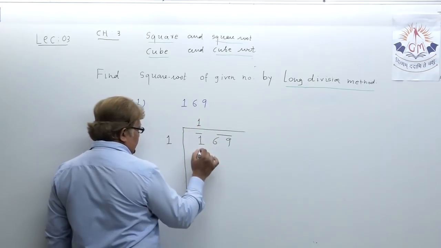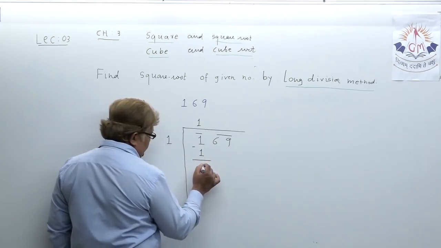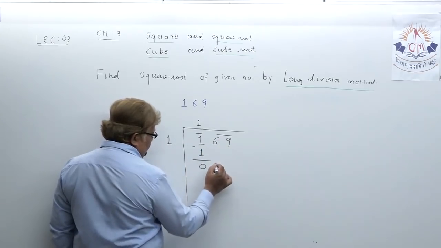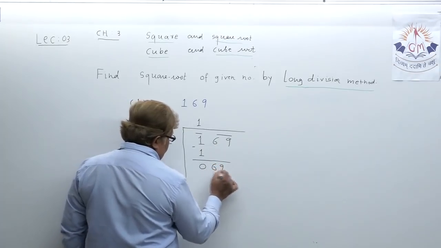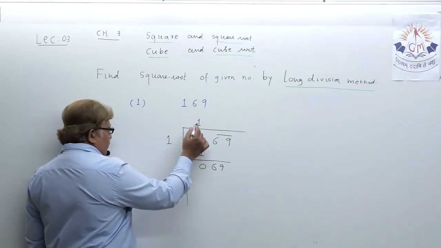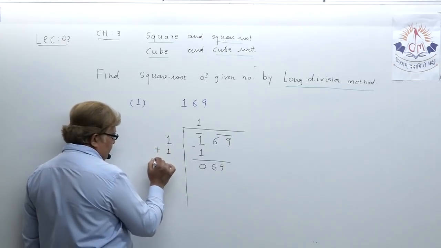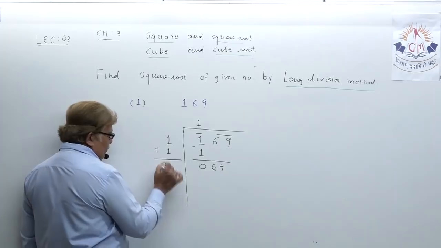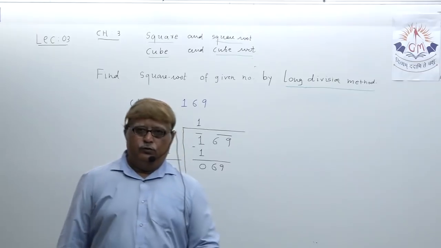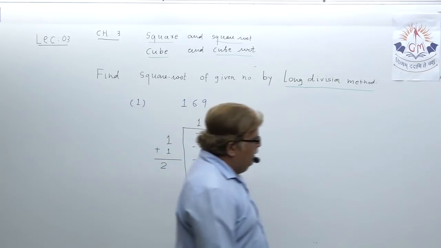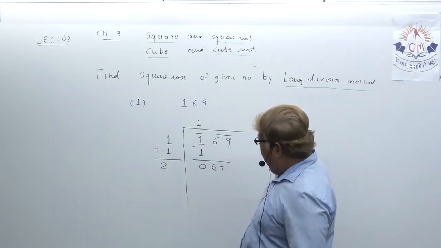1. 1 ja 1, okay, subtract it, it is 0. Carry both the numbers together, understand, because it is a pair, 69. Now this one has to be added here, plus 1, and this is 2. First, tell me, I am taking a pause for your clear understanding, my dear student. Is it clear in your mind?